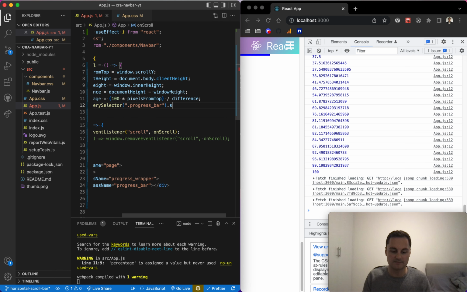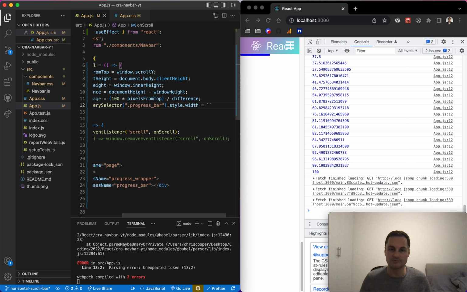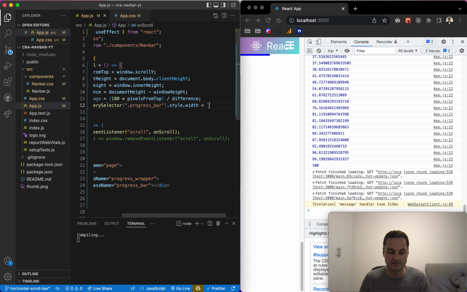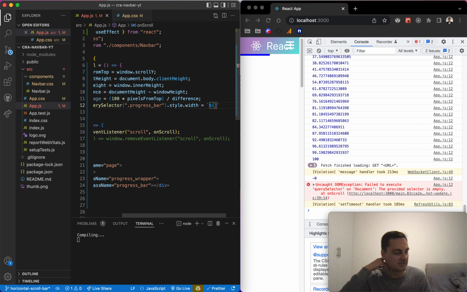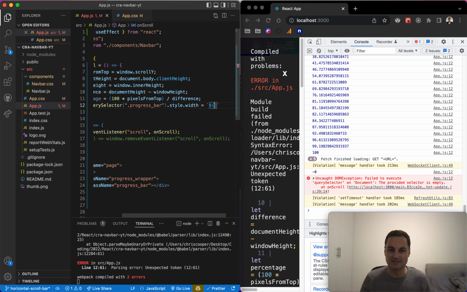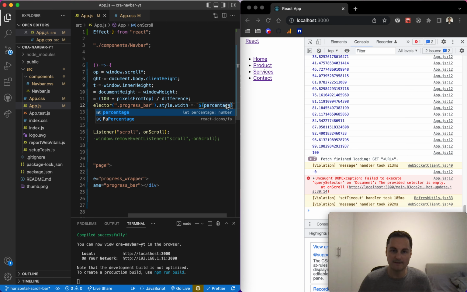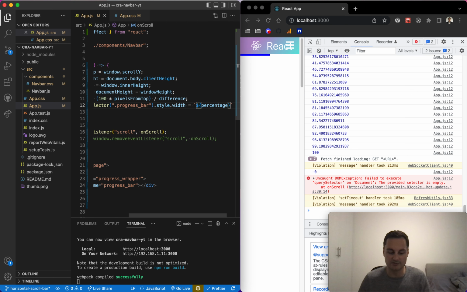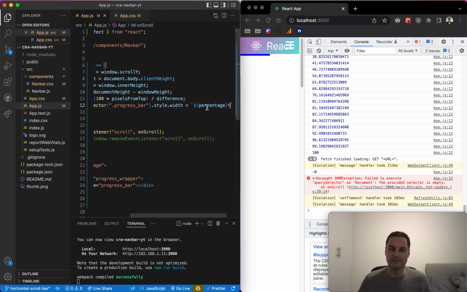So let's just get back to that, style.width, and we're going to set that to, and now we want to use a template literal string, or these backticks basically, and we put in a $ sign and then curly braces, and you can see the syntax highlighting changes to blue, and we can pop in our percentage because it's the JavaScript variable that we're able to put in here now. And just one thing to note is after that percentage, you'll want to add a percentage symbol because we want the width to be a percentage going from obviously 0 to 100